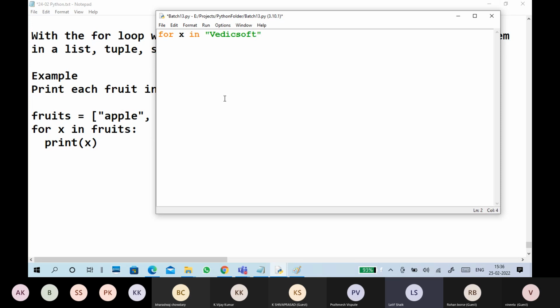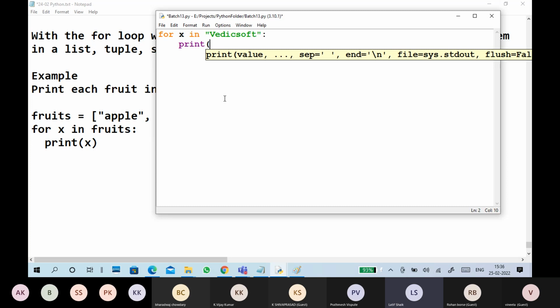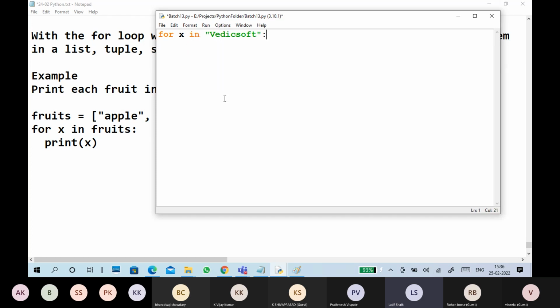Then compulsorily give the colon and print x. Now I have given the statement print x. So, a simple for loop over Vedicsoft.